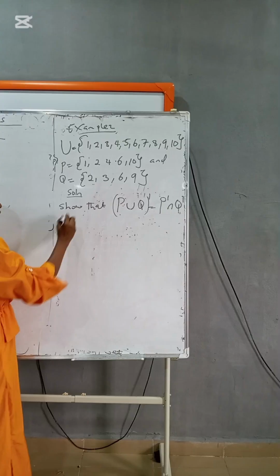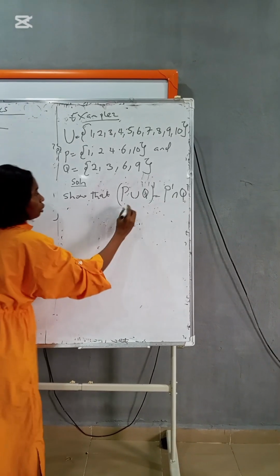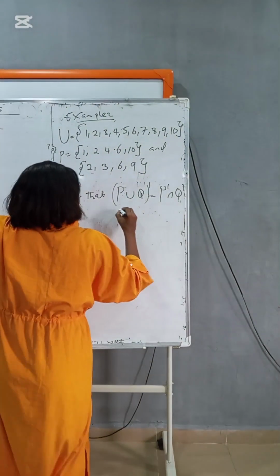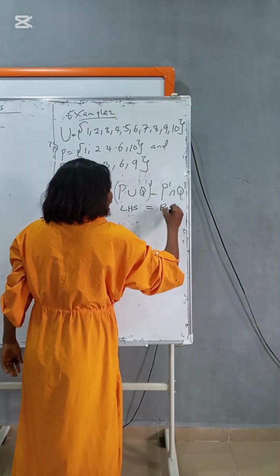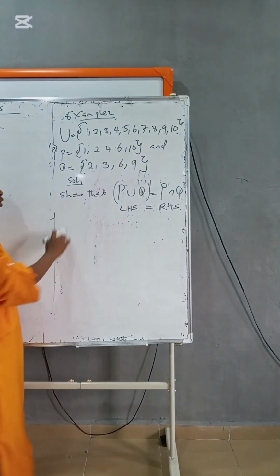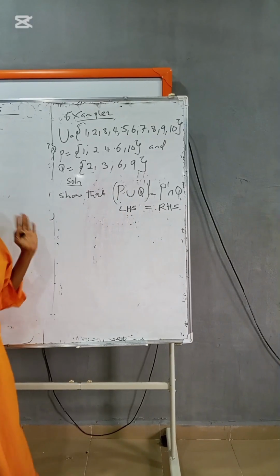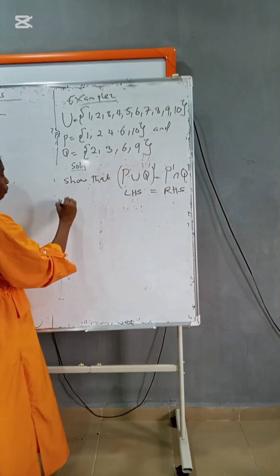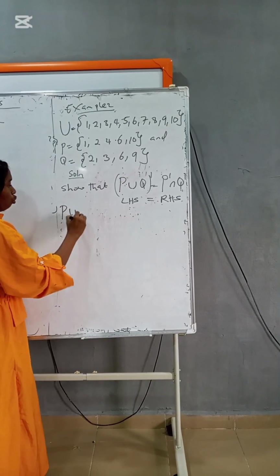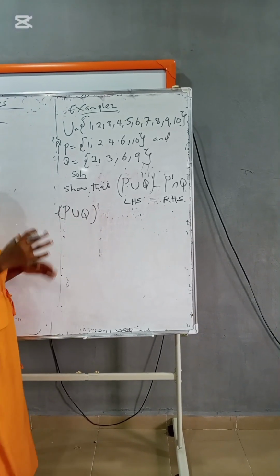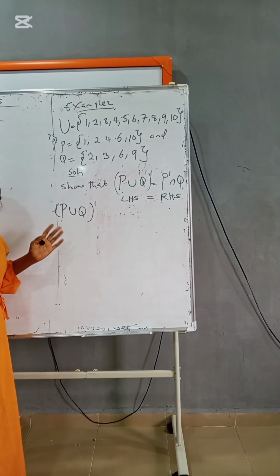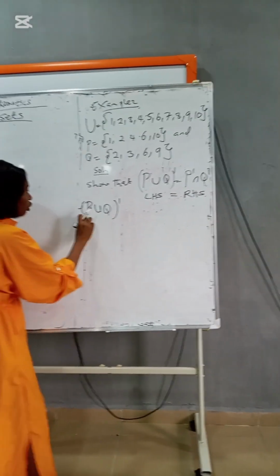Now, let's check. I'll take this to be my left-hand side, and this my right-hand side. So now, let's solve the left-hand side first. So now, I have (P union Q) complement. First, you solve what is inside the bracket according to BODMAS. The bracket first. So now I have P